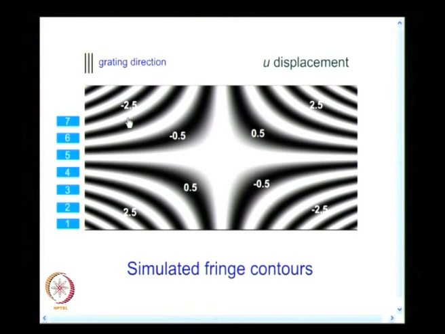This is the first observation. The second observation is that the fringe pattern comes with an indication of the grating direction that has been used. When you go to moire, for me to reveal the displacement information, I have to use a grating, and the grating direction dictates what component of displacement I get. I would like you to have a reasonable sketch of this, and when you do this, you will have an idea of how the whole field pattern looks, and there is a lot of indirect learning.